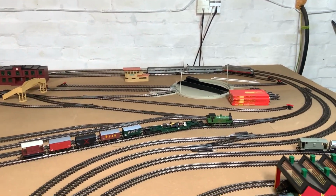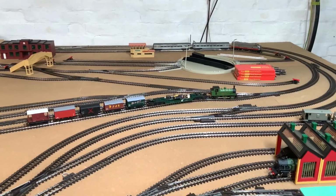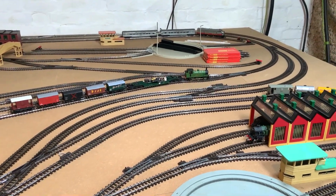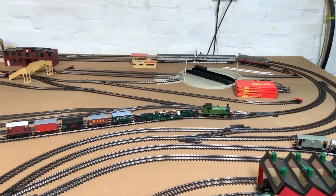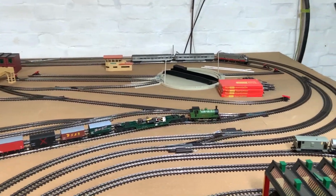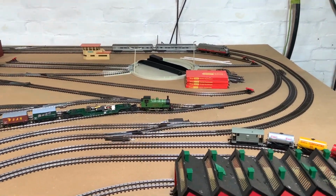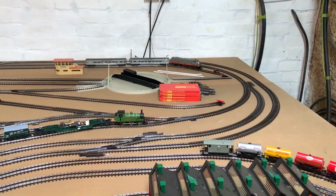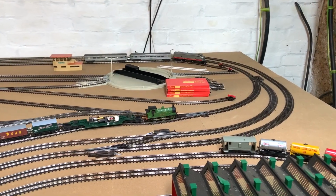Right, well, I've got the two little J.83s onto the layout, and I've got the later 1978 version coupled up to my gunpowder and firework train, so that's going to be good fun. In fact, let's get it out now. Just open up points G, and then I'm going to start driving it out. And with that